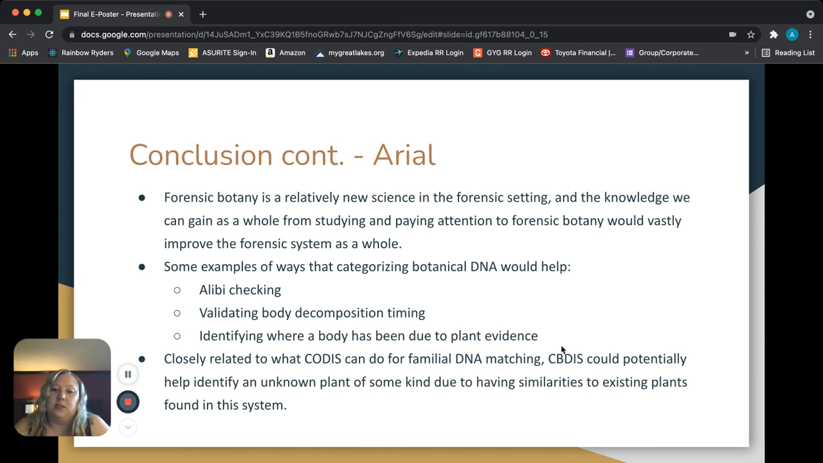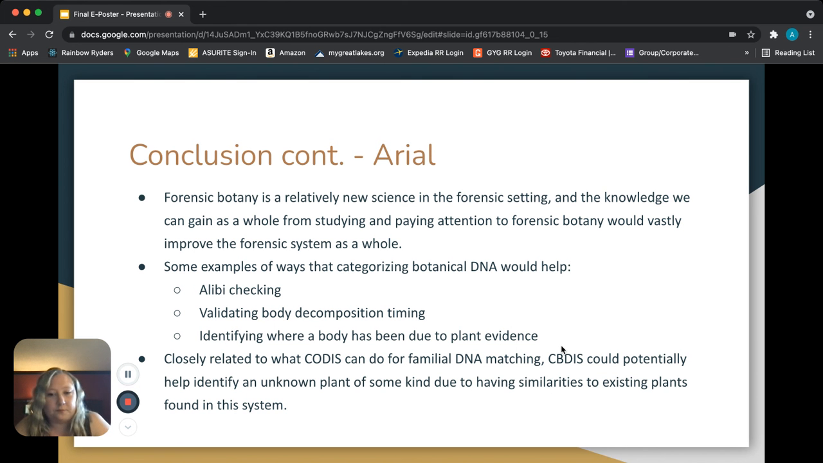Validating body decomposition timing. If a coroner says that a body has been there for X amount of time, they might be able to check that against the plant decomposition that's going on and see if that is accurate or if it was moved from a different location. Which brings me to the next point: identifying where a body has been due to plant evidence. If a body had been moved from one place to another, they would be able to see if there was plant evidence from its original place versus where it was moved to. That would all be able to be seen on the body and checked against, because plants are unique to